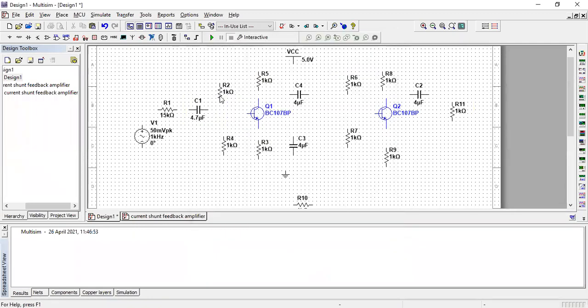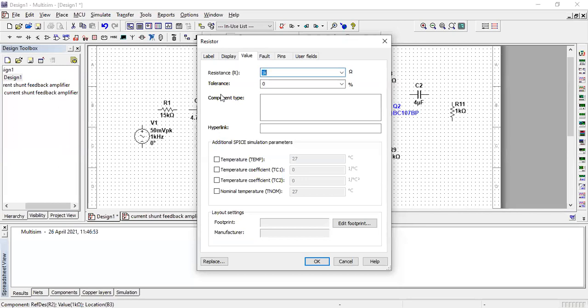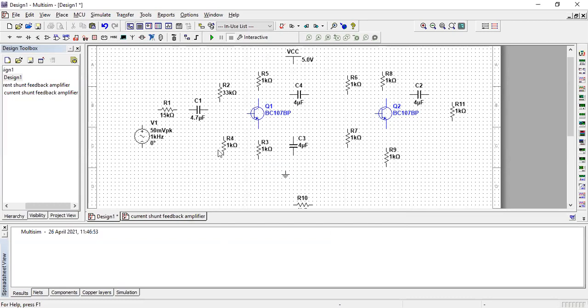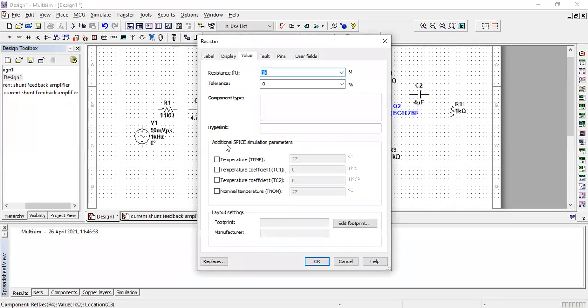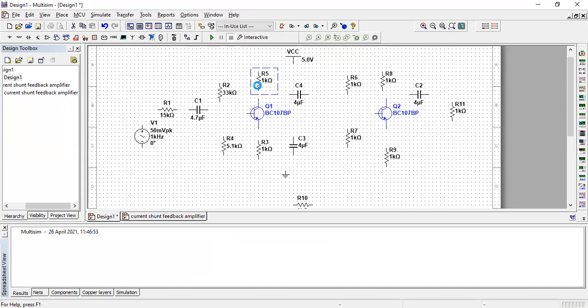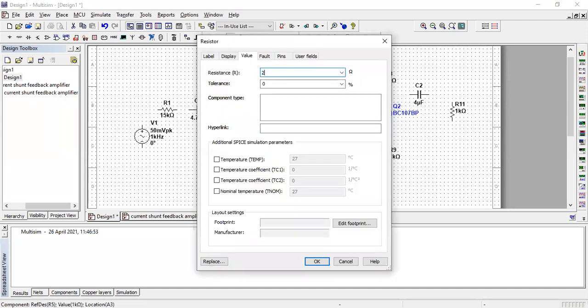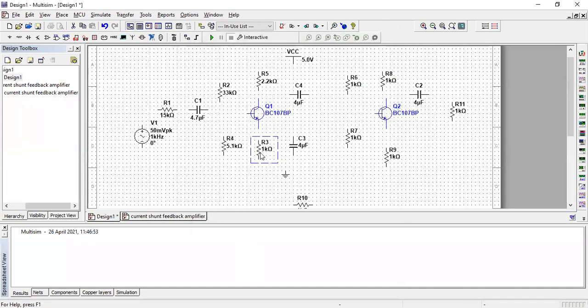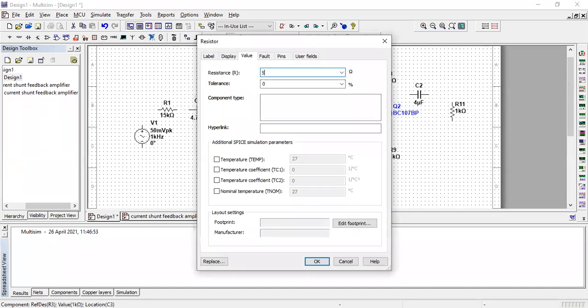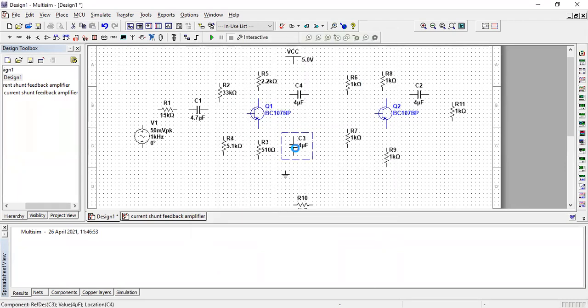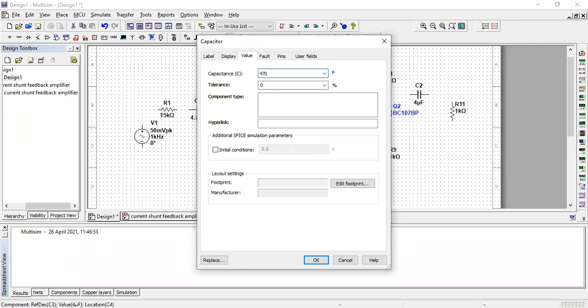Okay. Next, what is this resistance value? It's 33K. So if you press 33K, you are going to get it. What is this resistance value? 5.1K. Yes or no? So we have to keep 5.1K. What is this resistance value? Is it 2.2K? 2.2K. Yes. What is this resistor value? 510 ohms. What is this capacitance value? 470 U.